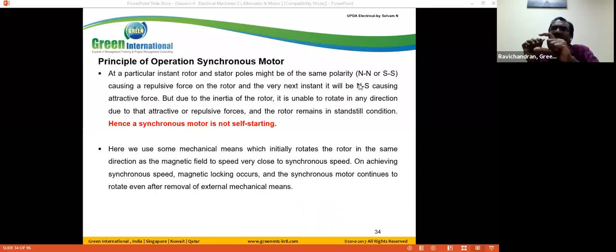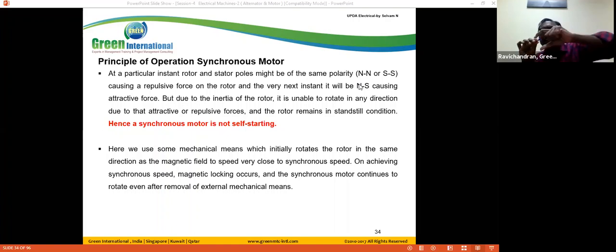The stator also has a south pole, which means the like poles repel, and it tends to rotate. Now here the bottom is a south pole, and in the field winding, the bottom is a north pole. So the opposite poles attract. If they attract, a magnetic locking is created. So magnetic lock is created.